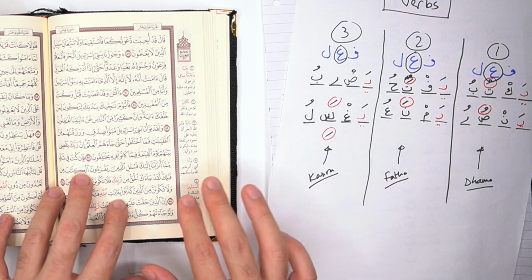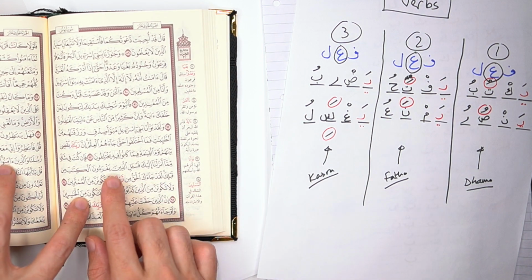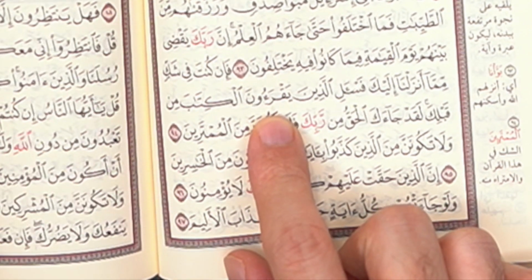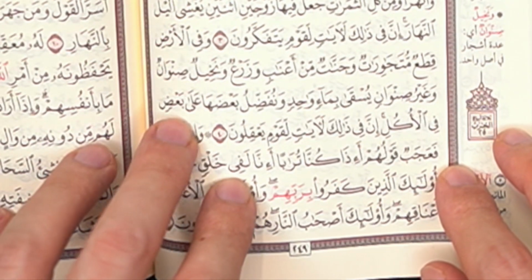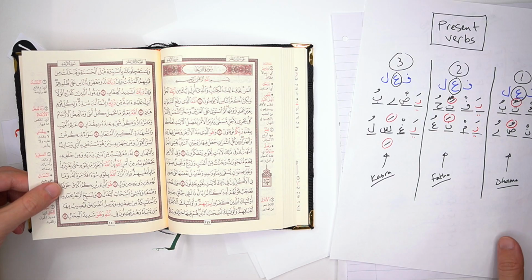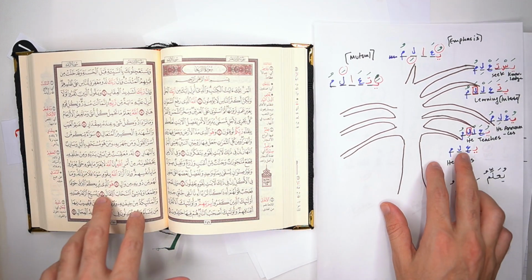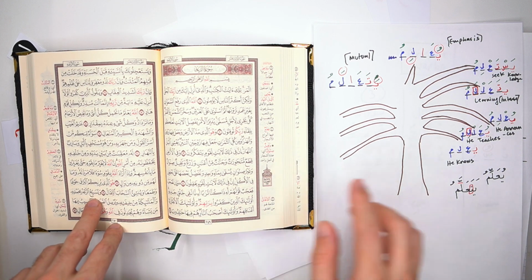So by now, I mean, you should be getting the idea of how these verbs are coming together now. Yaqra'una, right? I've tried to find that one. Yusabbihu. So you got yusabbihu there. Which one is it over here? Yusabbihu. Right, so an easy way to try and work this out is if you actually put this through the